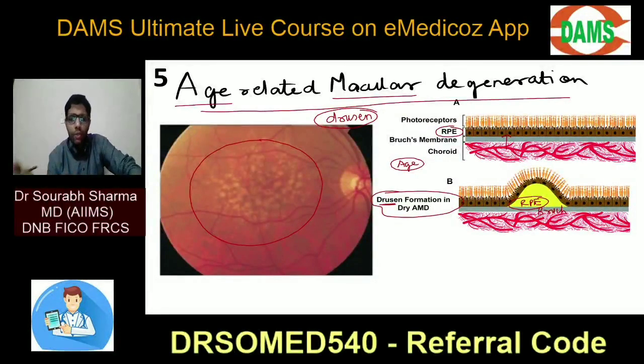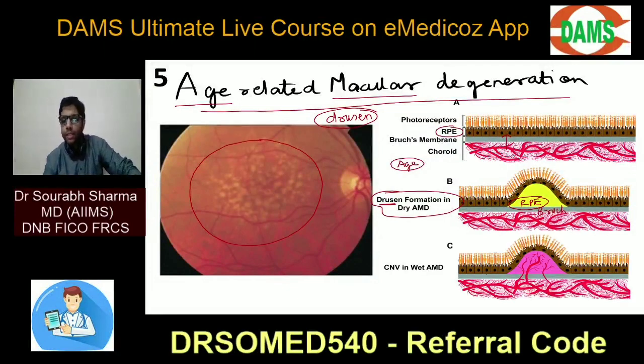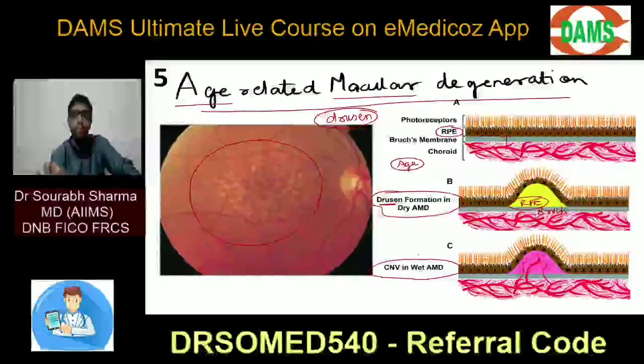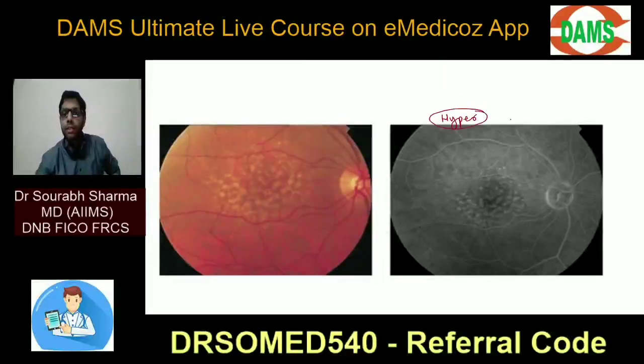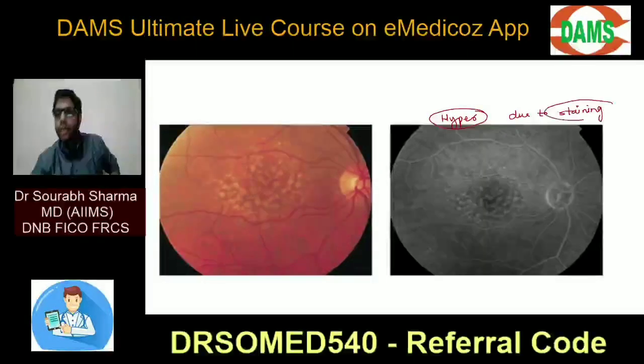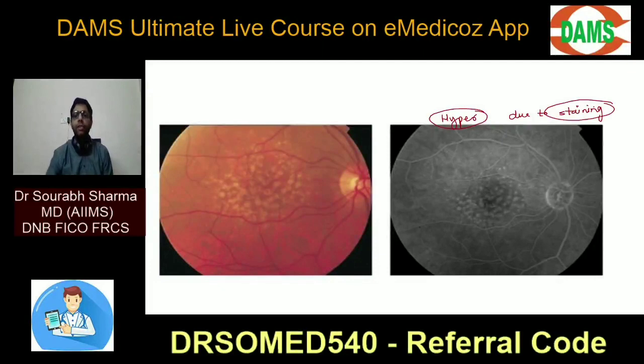When there are only drusen, it is known as dry ARMD. When new vessels come from the choroid, that is wet ARMD. I will not go into detail. What I am going to show you here is the drusen. They are seen on angiography. They will also stain. Late staining will be seen like this, again white. So they are also hyperfluorescence, not due to dye leaking but due to staining. They retain the dye, so in the macular area they are hyperfluorescence.